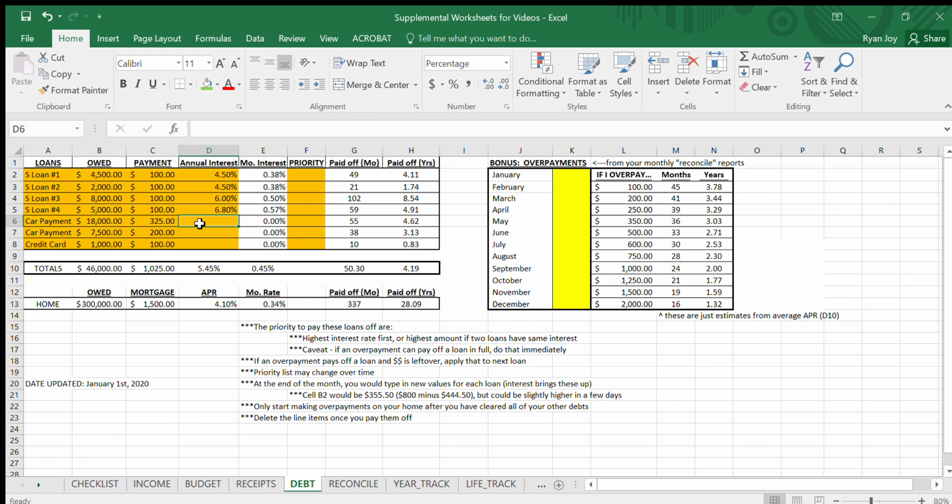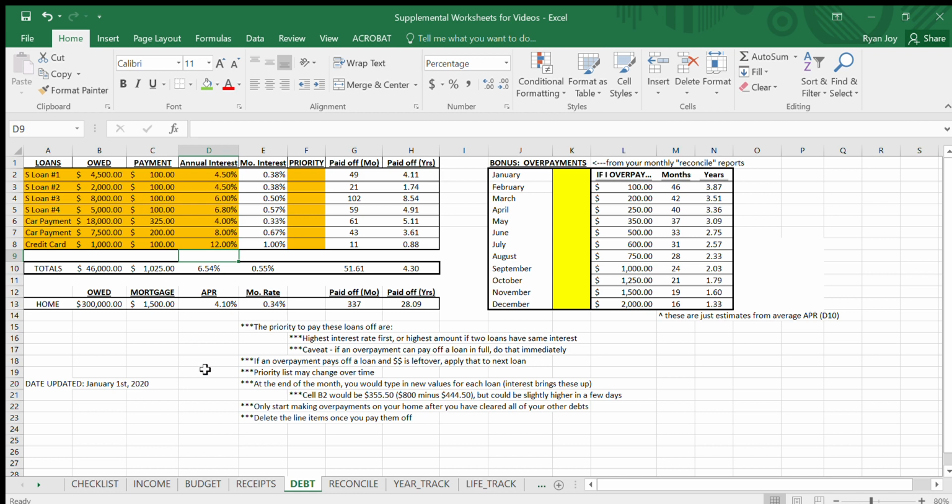One of you had good credit, so you ended up getting something like 4% on a car payment, but the other one didn't have very good credit, so you maybe had more like 8%, and credit cards are never very good, so we'll call that 12% APR on the loans. So that's how you fill this in here,